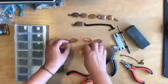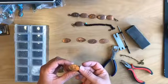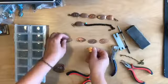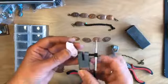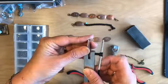So these are from our trip last year. We went to several national parks. Well, Monument Valley was on that trip, but it's not a national park. So we went to Monument Valley, Bryce Canyon, and Death Valley. And so I'm just going to start punching holes in these. Sorry, maybe I should have had a few of these done because this is going to take a little bit of time, but